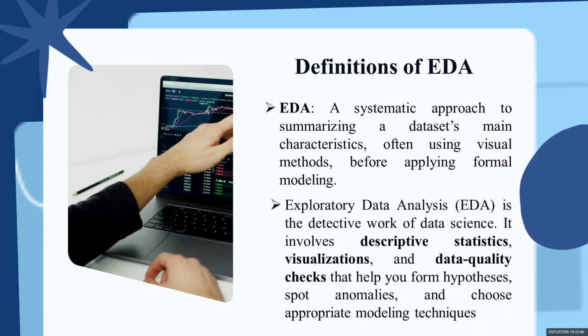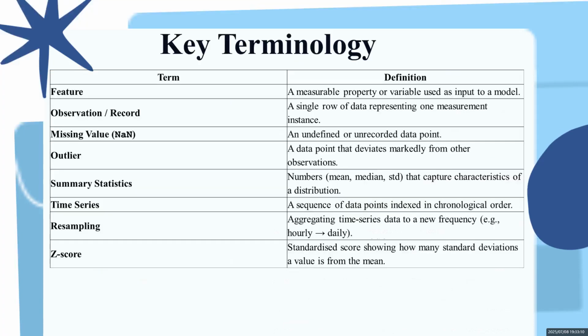Now that goes to say that EDA is the detective work of data science. It involves descriptive statistics, visualizations, and data quality checks that help you form hypotheses, spot anomalies, and choose appropriate modeling techniques. Now we'll go over to the key terminology